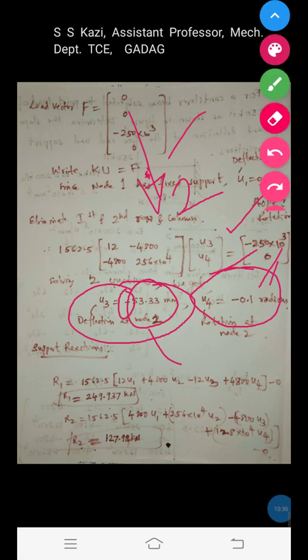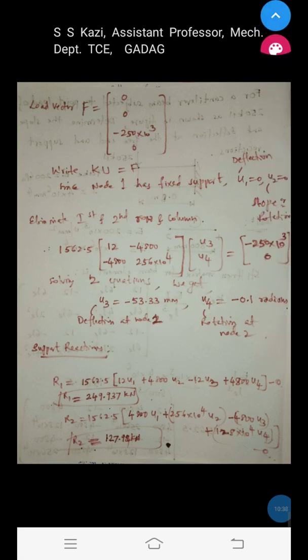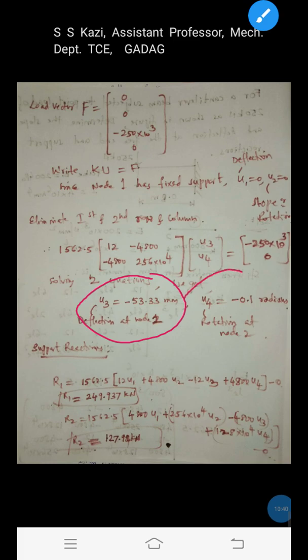Okay, now this is how you can calculate the deflection and the rotation at each node of the beam structure. In one of the previous videos also I have explained how to solve the problems on beams subjected to uniformly distributed load, externally applied moment, and the point loads with the combination also. You just go through that, and this one also you just go through.